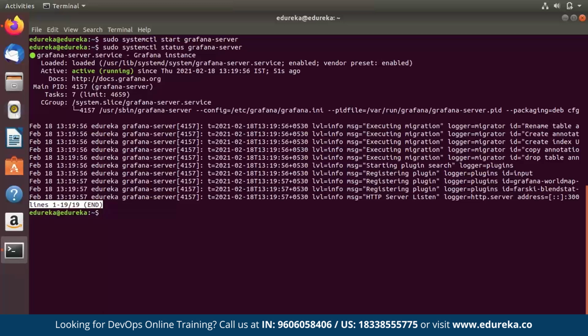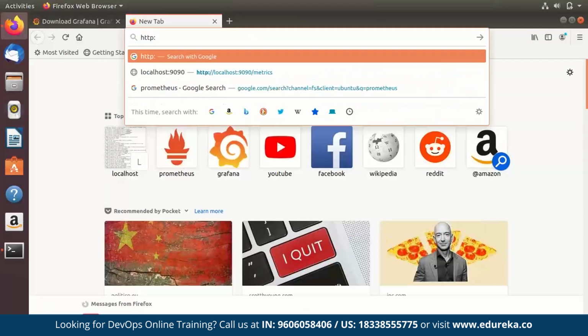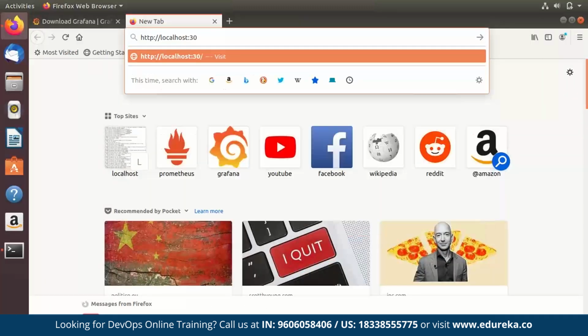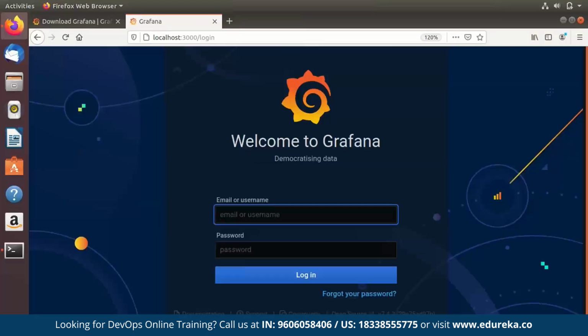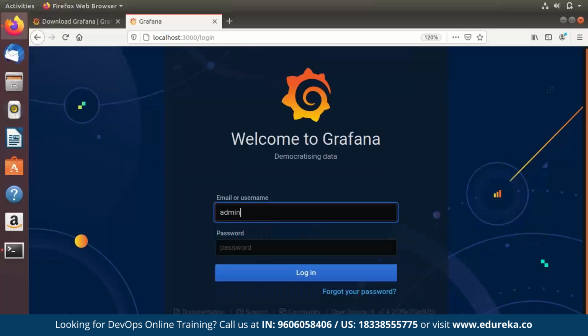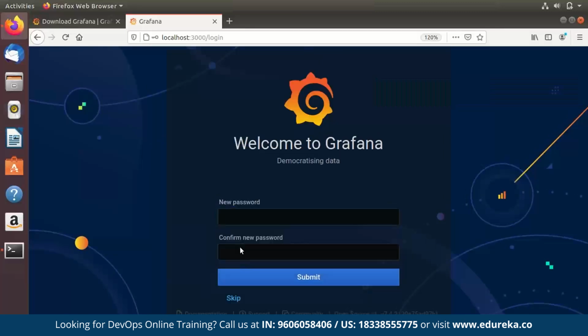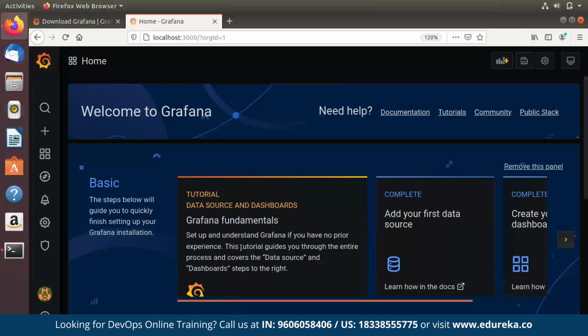I'm just going to quickly shift to my web browser and check. As you can see, Grafana is up and running. That's great. If you've newly installed Grafana, the email address and the password by default is admin. And you can obviously create your own password. Once you're prompted with your credentials, admin, you can just create your own password and submit it. But I'm just going to skip this for now.